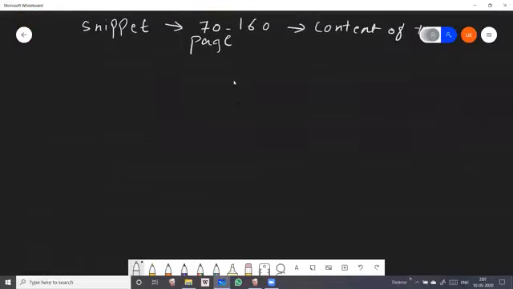Now next is what students, we had seen one example of meta tag.